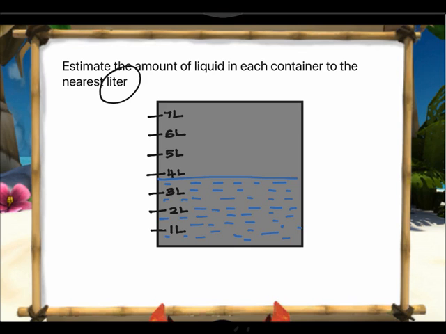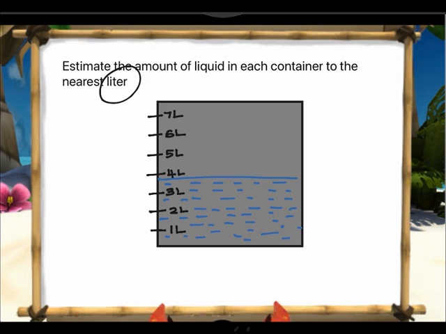Since the liquid is more than halfway to the next liter, which is 4 liters, can you see? It is more than halfway between 3 and 4. I can estimate that there are about 4 liters of